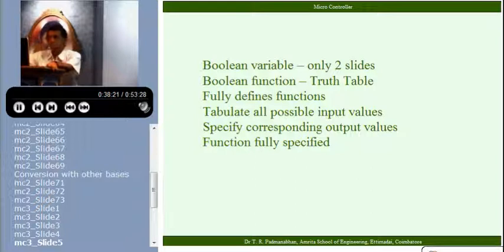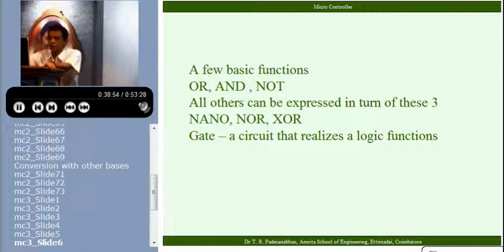Now, with Boolean functions, there's a simple thing. If you take a mathematical abstraction theorem, you have to prove a theorem. It's a conventional method, either by deduction or whatever. With Boolean algebra, it is not necessary. You put all sorts of states and examine, and if it satisfies, the theorem is true. That is called a truth table. I'll just come to that. It is completely easy compared to conventional mathematics. Tabulate all possible input values, output values, and the function is truly specified.